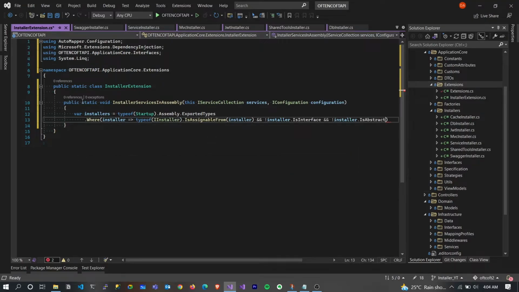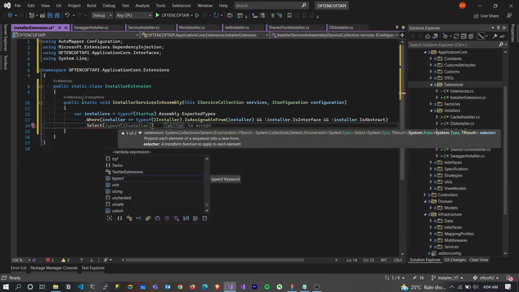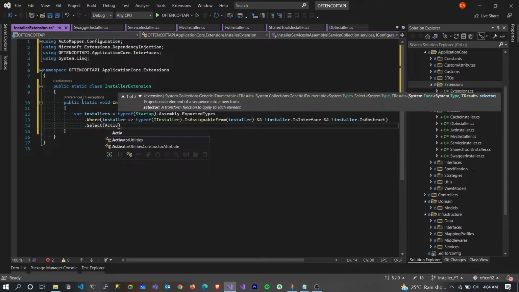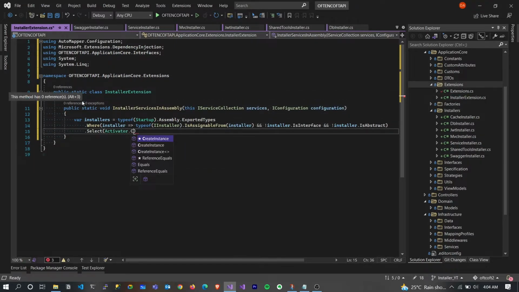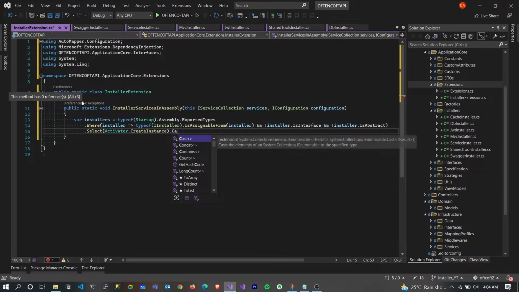It's not abstract. Okay, so we do a select. In our select, we use Activator to create an instance,